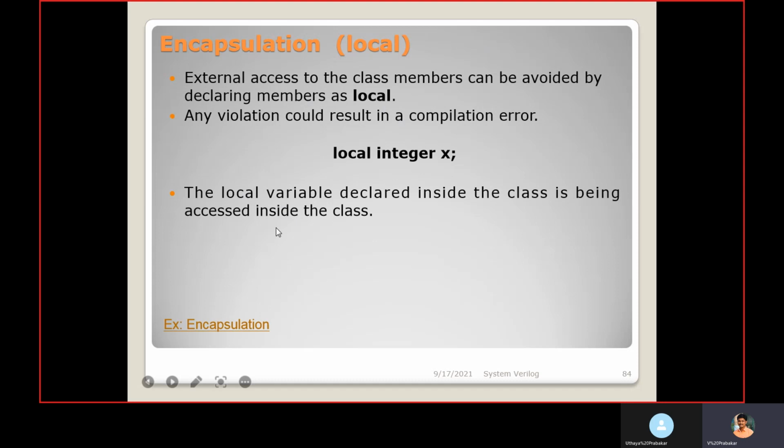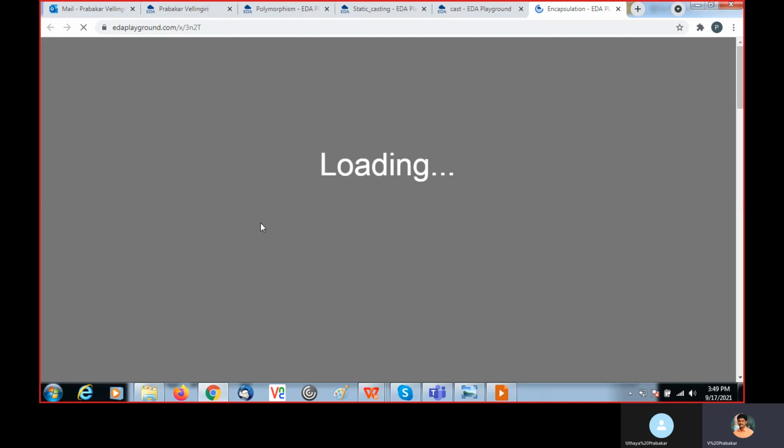So how we can access the local variable from outside, that we are going to see now. Directly we can't access the local variable, but using a method, inside a method, we can assign. That one we are going to see.